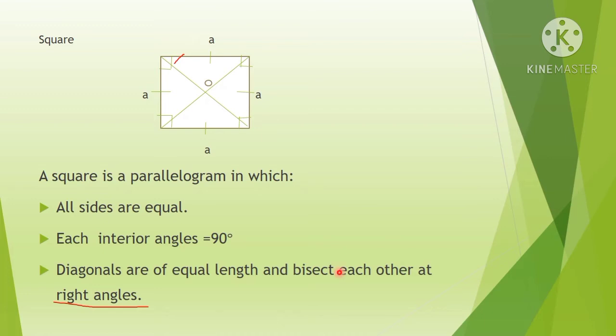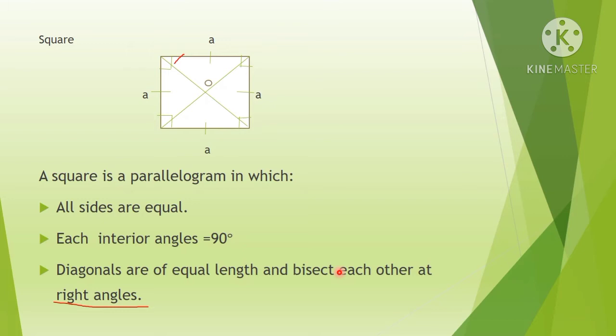Next we are going to see about the square. We have seen the rhombus, next the rectangle, and now we are going to see about the square. So what are the common properties, children? A square is a parallelogram because opposite sides are equal in length and opposite sides are parallel. Then all sides are equal in length. And the angles formed in the square are 90 degrees. Each interior angle is 90 degrees, meaning the angle formed inside is 90 degrees.